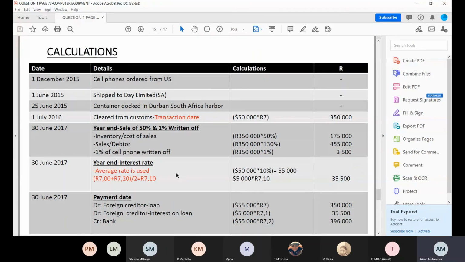Calculations, again, I've listed in terms of the dates. On the 1st of December 2015, cell phones were ordered from US. No transaction happened here, just placing an order. All right. 1st June 2015, shipped to Day Limited. There's no transaction that has happened here. But if we're using the CIF or FOB, this was going to be a transaction date. But because we're using the